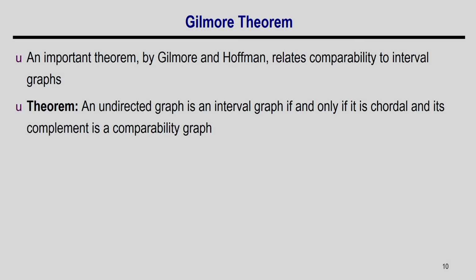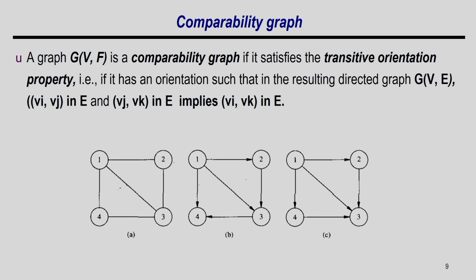Okay. So, in general, what we found by the Gilmore theorem is that my conflict graph is an interval graph if and only if it is a chordal graph and its complement graph is a comparability graph, right. Comparability graph in the sense that it has a transitive orientation, right. So, although this conflict graph or comparability graph is an undirected graph, I can add a direction to the edges, so that I can make this undirected graph a directed graph, and whenever there is an edge from i to j and j to k, then I have an edge from i to k. So, the transitive property holds by these transitive orientations, right.